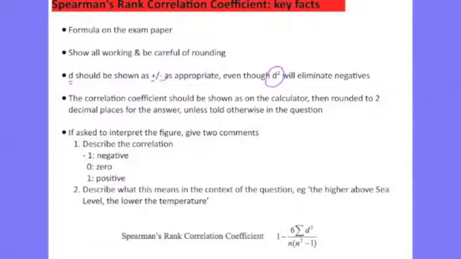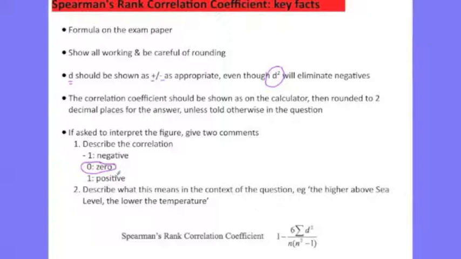If you're asked to interpret the figure, you need to speak about two different things. First off, the correlation. A number, -1, is perfect negative correlation. So any number that's close to -1 will be a negative correlation. In the middle here, we have 0. 0 as your value for the Spearman's rank correlation coefficient is a 0 correlation. So anything close to that is near 0 correlation. And then on the other side, 1 is being the positive,